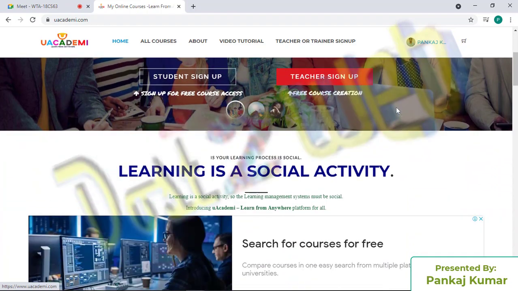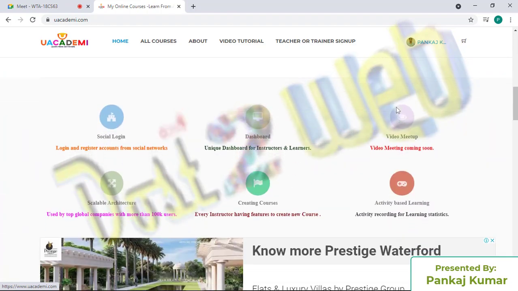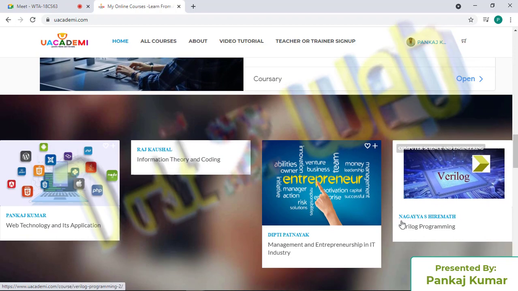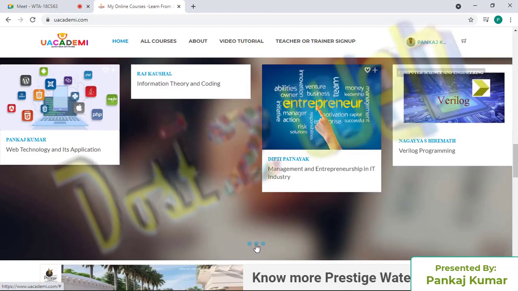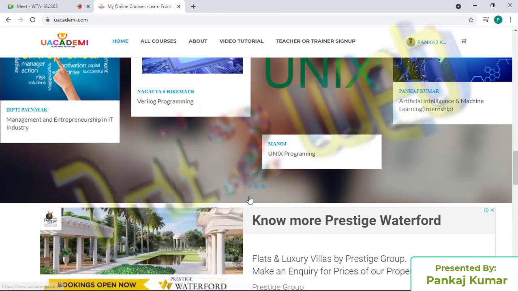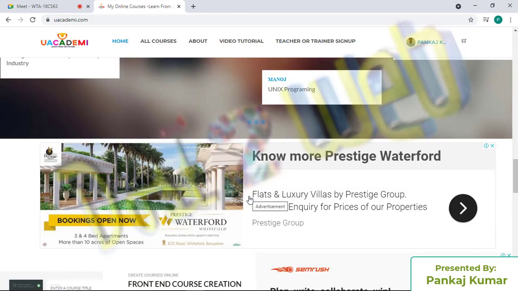Now when you come below, there is a place where the courses automatically appear as a slider. Now let's reduce the browser size. What will happen?